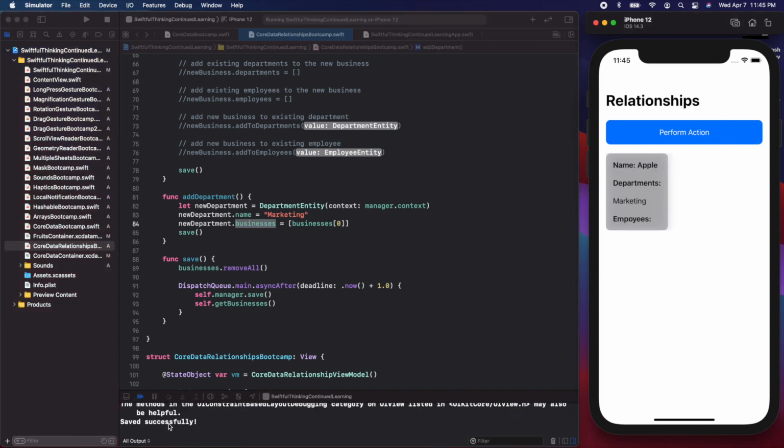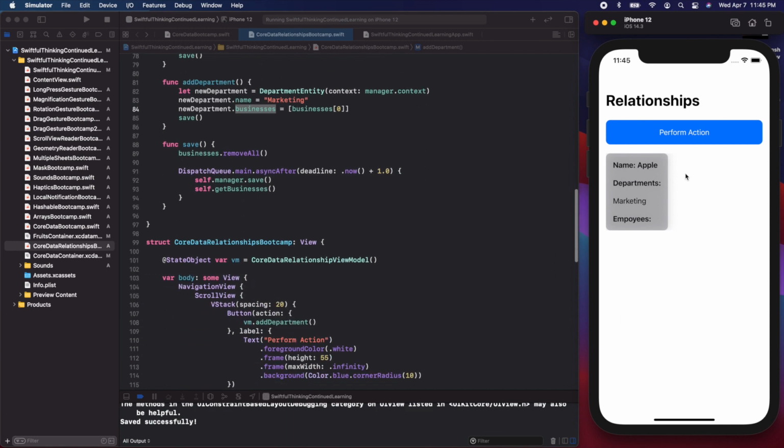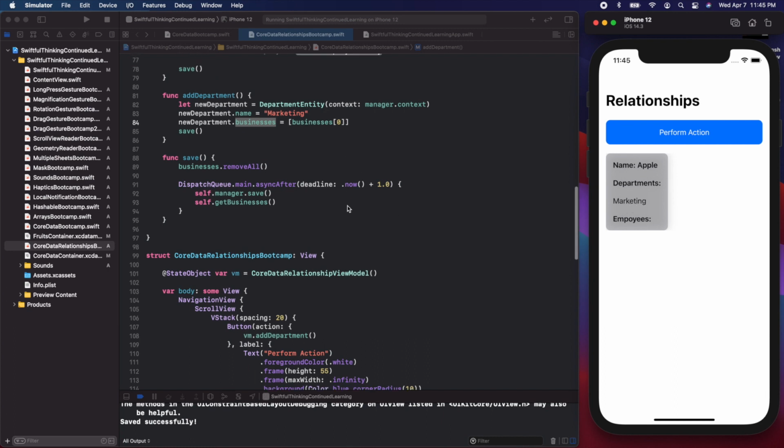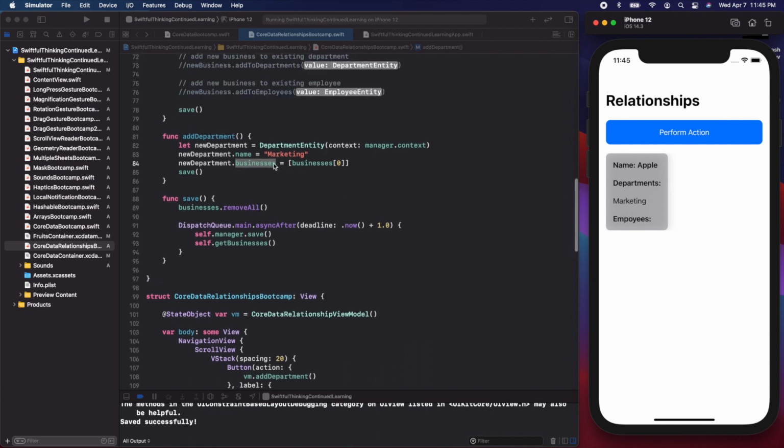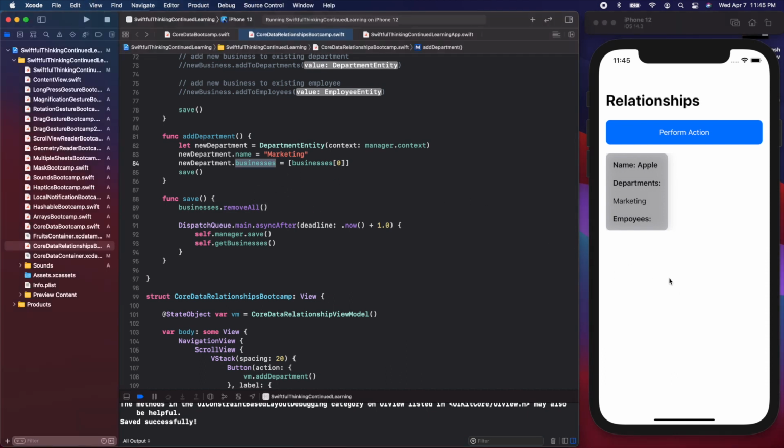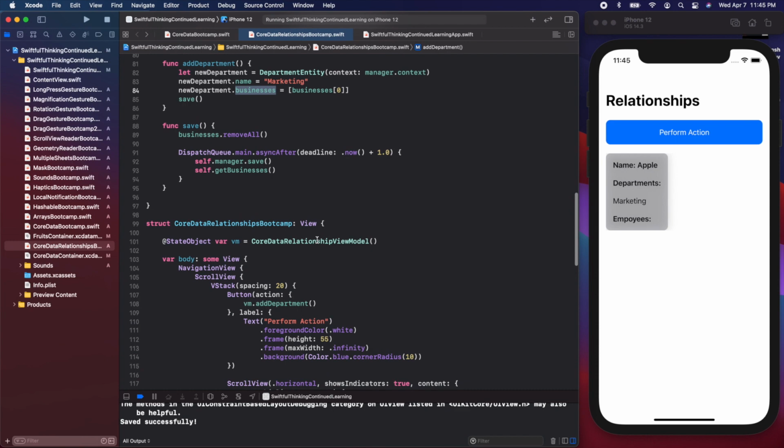And save successfully prints out to the console, and we can see that Apple, the business Apple, now has a department called marketing. And that's exactly what we wanted, right? We added the department with a business. Now before we move forward, let's add another view to our screen so that we can see all of the